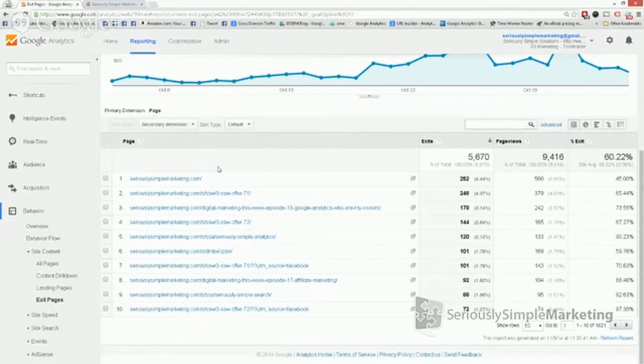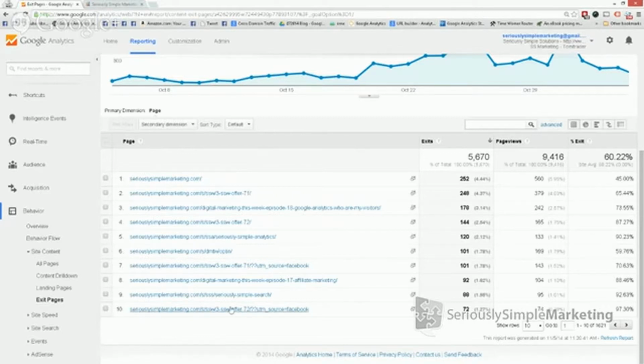So when the page is the landing page and it's the exit page, they didn't do anything, so they just left. But it also could be the very end of 500 different pages that they saw in that particular session. The exit page is just the very last page they saw. And you can see here, same sort of difference. You can get the number of page views, and then the exit percentage, how many people are exiting on this particular page. So that gives you an idea there.